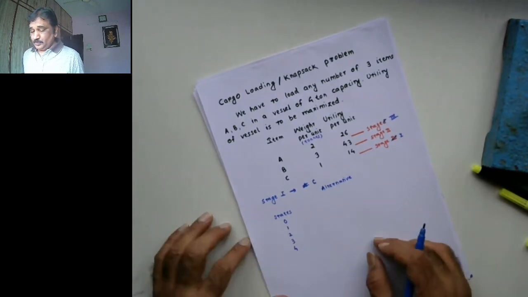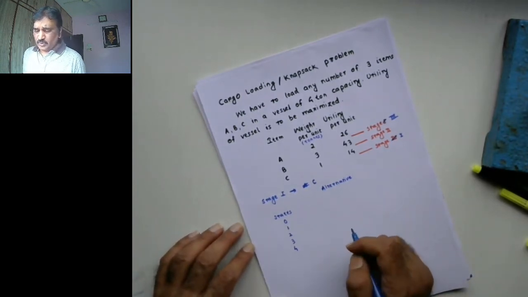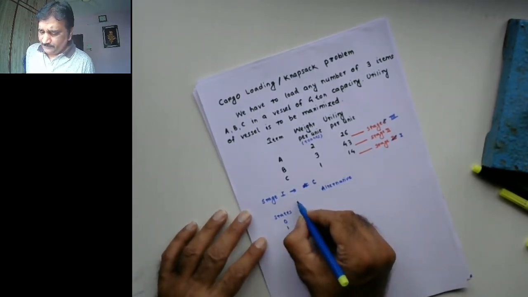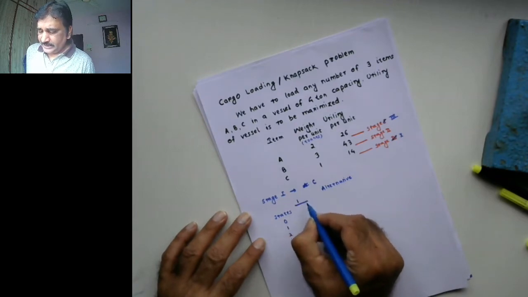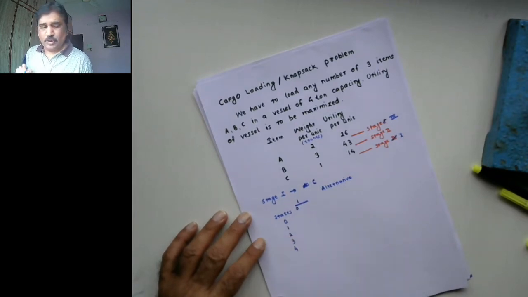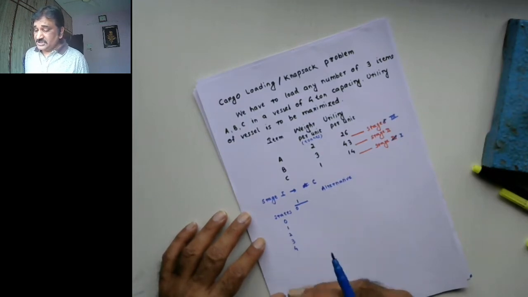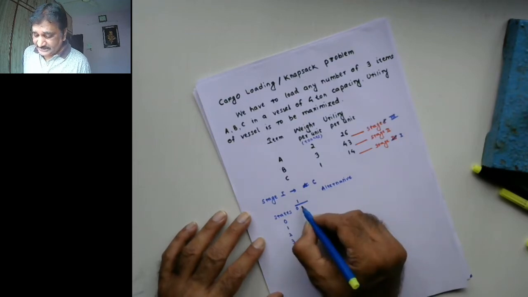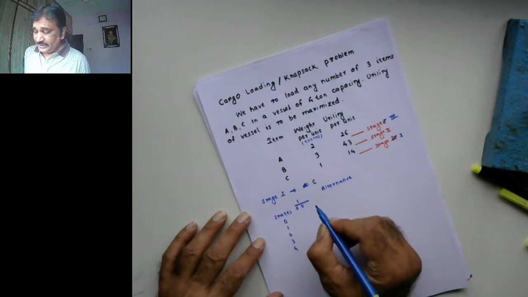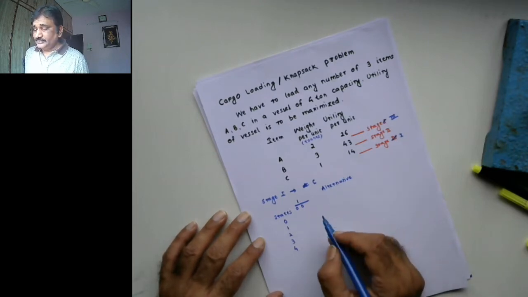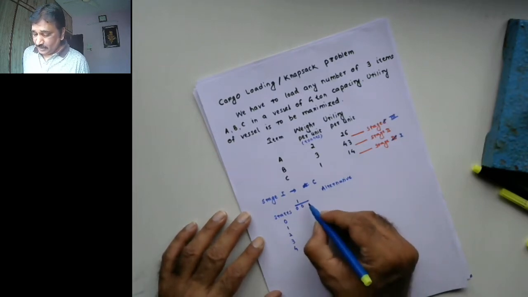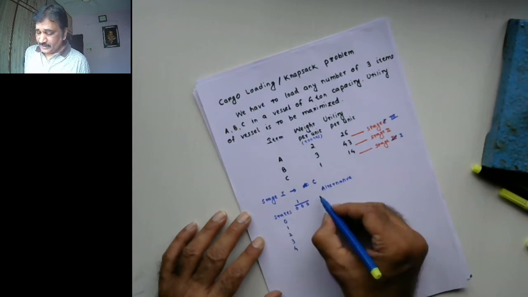Now, my first alternative could be that I won't be loading any item of C, zero items of C. If I do that, how much capacity of the vessel will I be utilizing? I will be needing 0 tons. And what will be the utility value? The utility value will also be 0. Then second